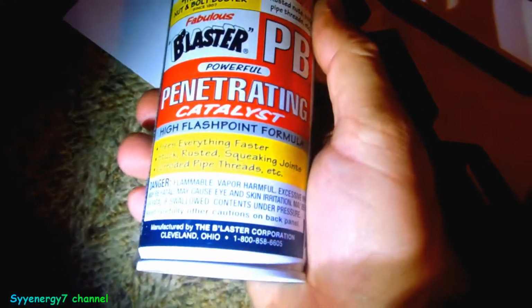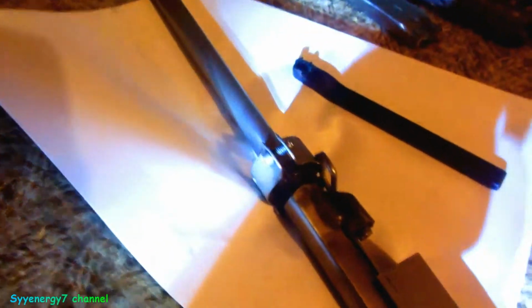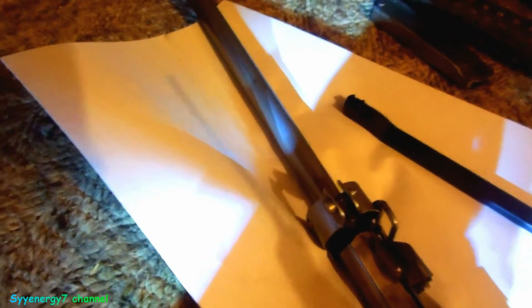Then here's where you want to use something like this, PB Blaster. PB Blaster will do a better job of cleaning out the gas port in here than even Hoppe's number 9 or 8 or something, bore cleaner. Spray it all down inside the barrel on the end, right? Get it down in there, just spray it all down in there, seal it up, and you can blow into the barrel tube or use a bicycle pump, but it's best if you got some air compressor, you could take some tape wrapped around the end of the air compressor, get a seal in here, and give it some shots of air,